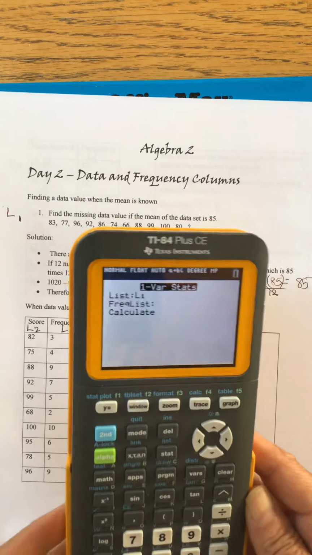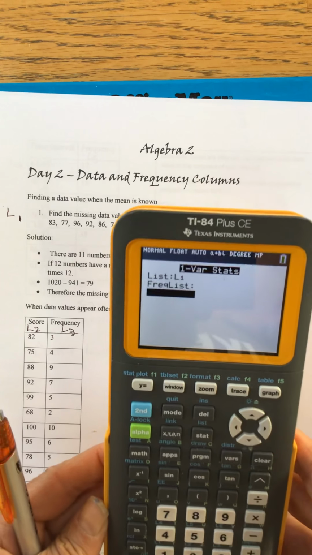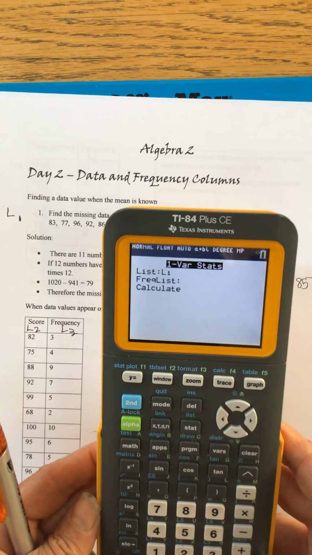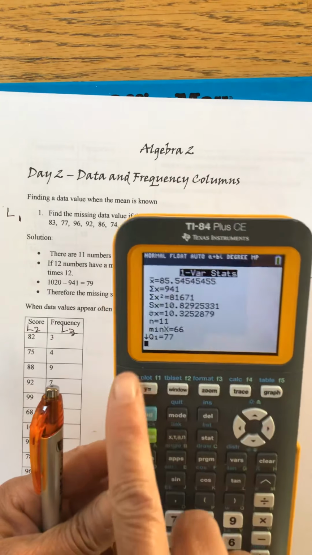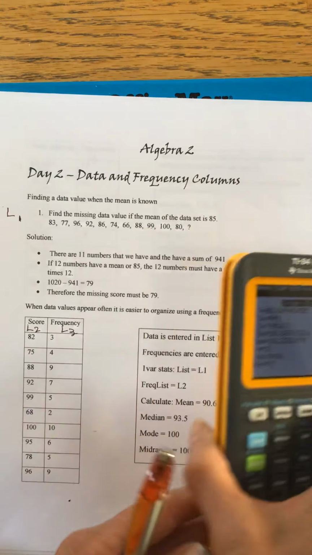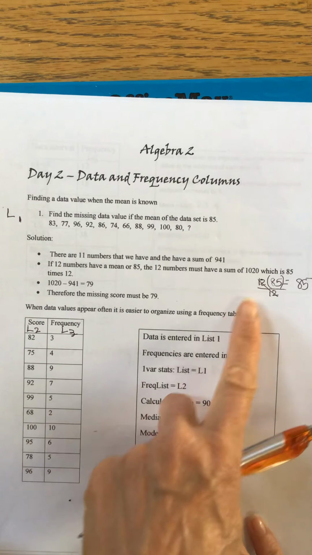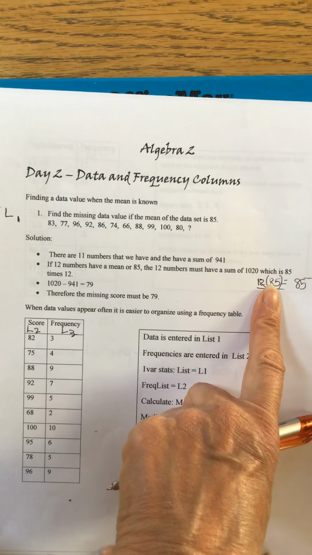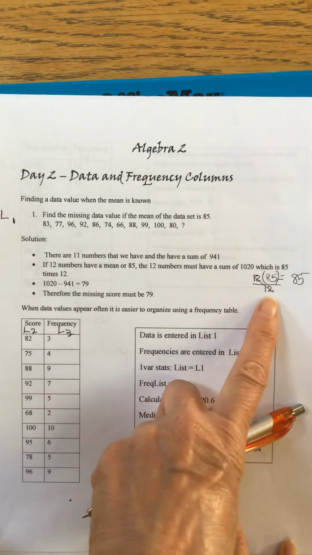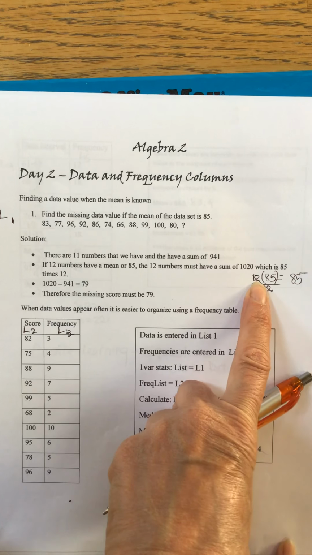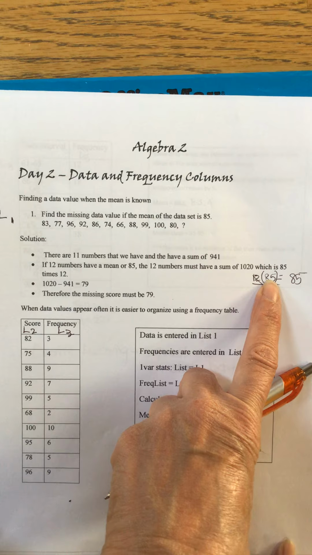And I'm going to calculate just the numbers that are in list 1, and you'll see it tells me I have 11 numbers and they add up to 941. It says there are 11 numbers that we have so far, and they add up to 941. Because if you're going to do an average, the first thing you have to do is add your numbers up. Now, common sense tells us that if I have 12 numbers,